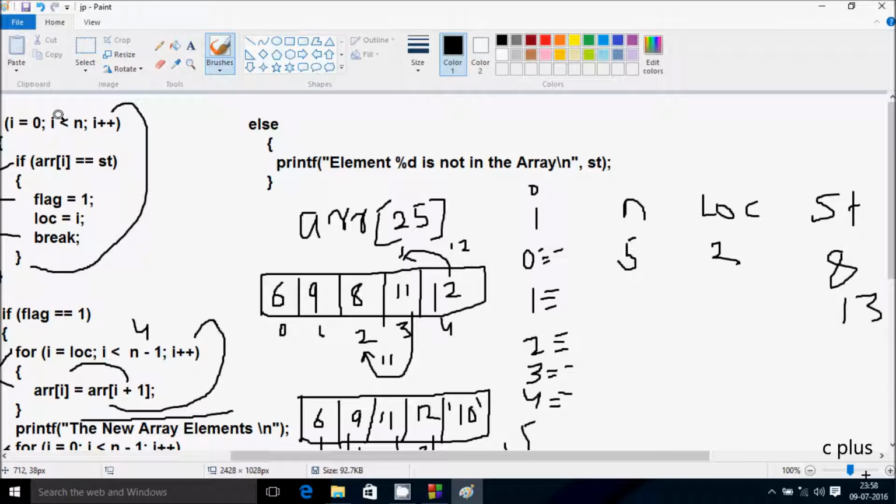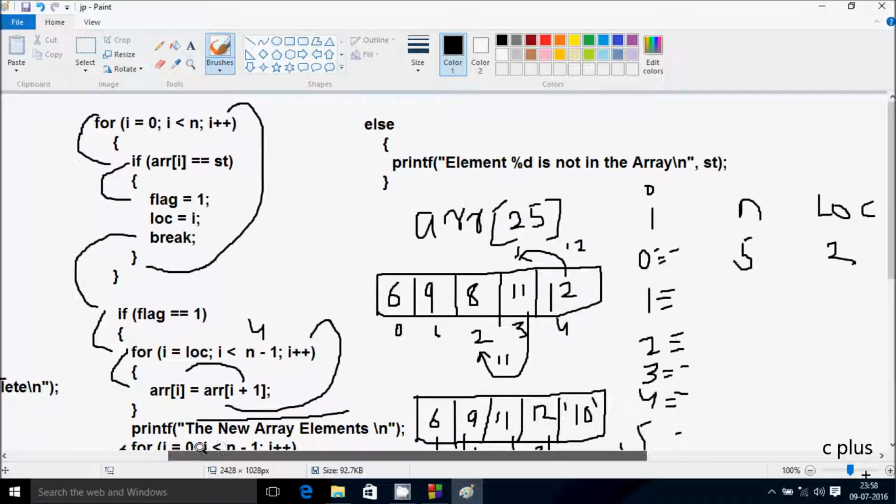Condition is true, so that coincides. So a[4] position double equal to st. So 4 position is 12. 12 equal to 13? That's not true. I am going to increase by 1, so i is 5 now. Check the condition 5 less than 5. Condition is not true, so here after that we come out from